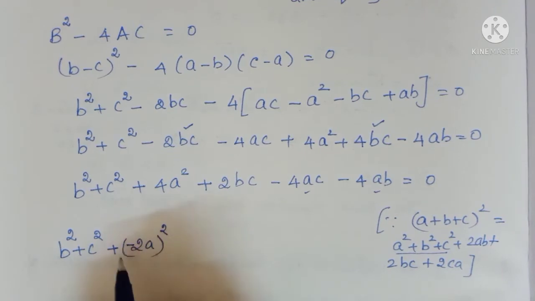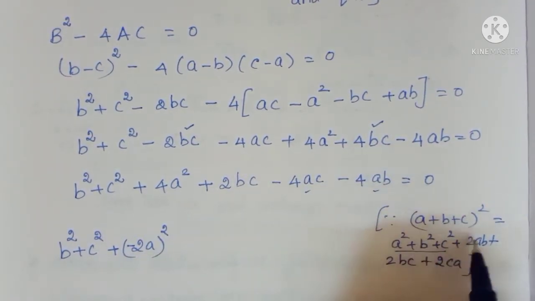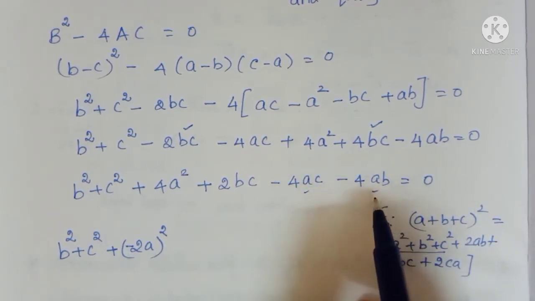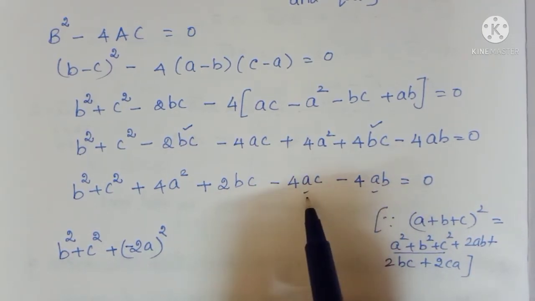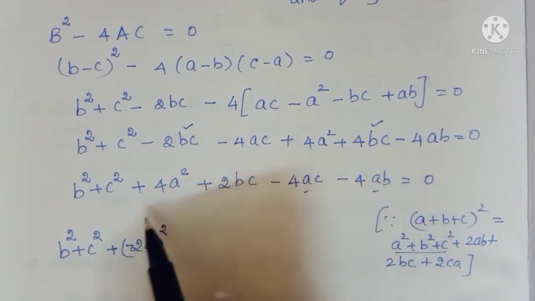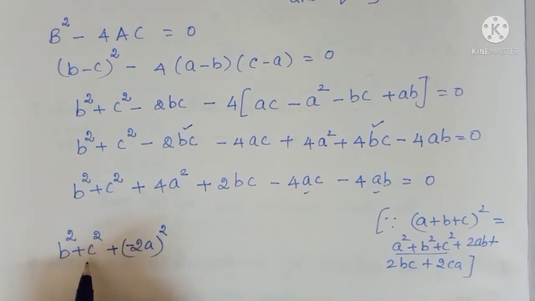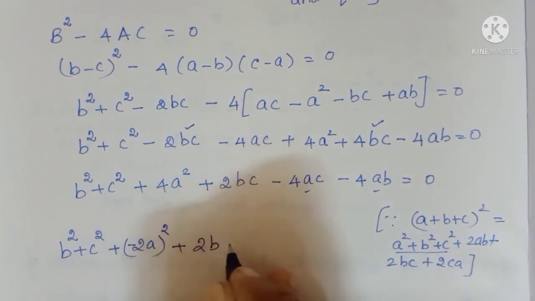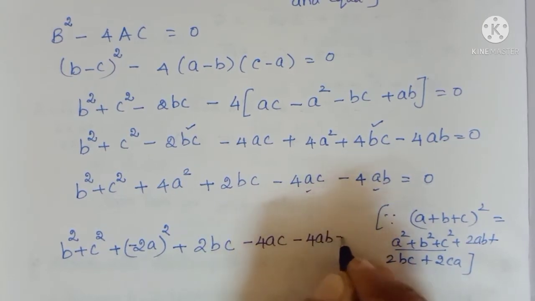Okay. So here why we are taking like this? Here all the three terms are positive, so inside the bracket we will have only positive terms. But here two negative terms are coming, so in negative terms we have to see the common value. Common value is here what? A only. So that A variable we are going to mark with a negative sign. So B squared plus C squared plus minus 2A the whole square. Then the remaining terms as they are: 2BC minus 4AC minus 4AB equal to 0.